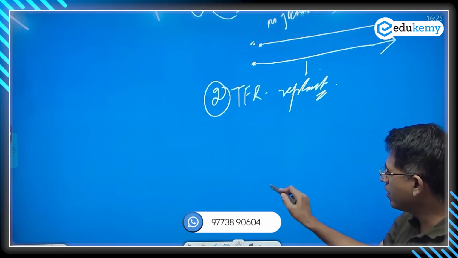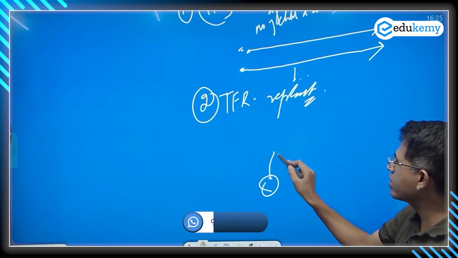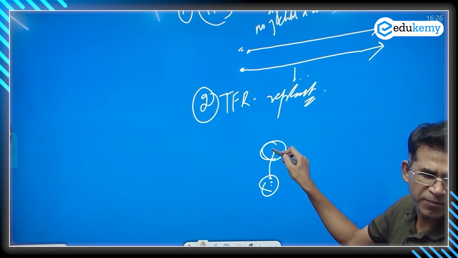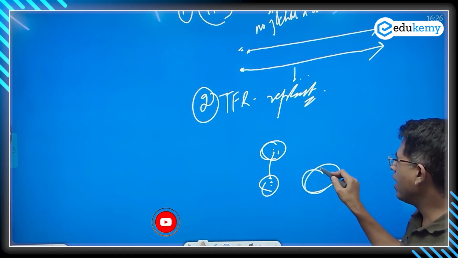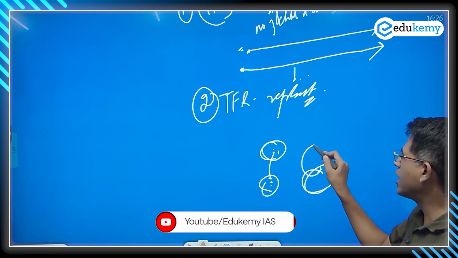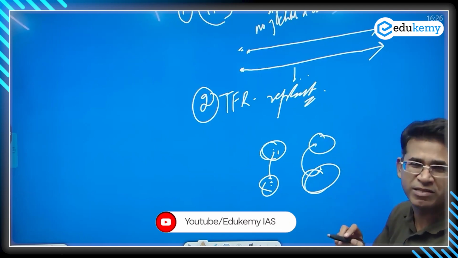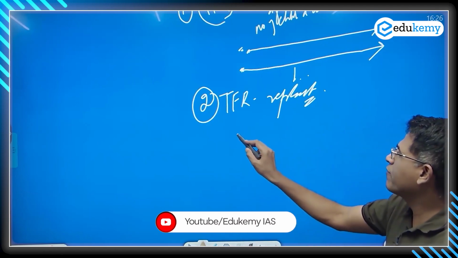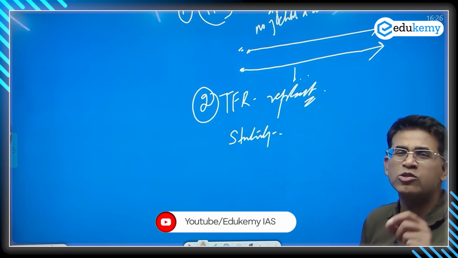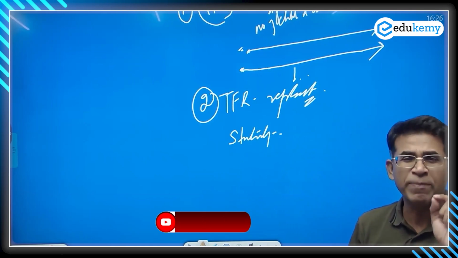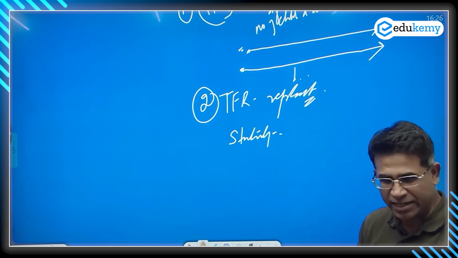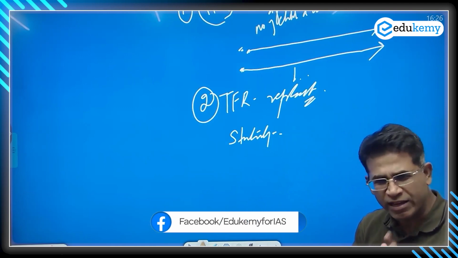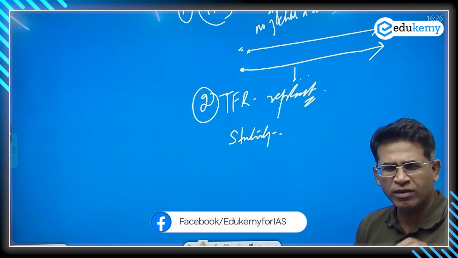If there are 10 people, what number must I have so that the 10 people get replaced again? If there are 100 people, what type of growth rate so that 100 people will again get replaced? It's called replacement level. Now, if I go statistically, there is no fixed value of replacement level TFR. It varies from country to country.